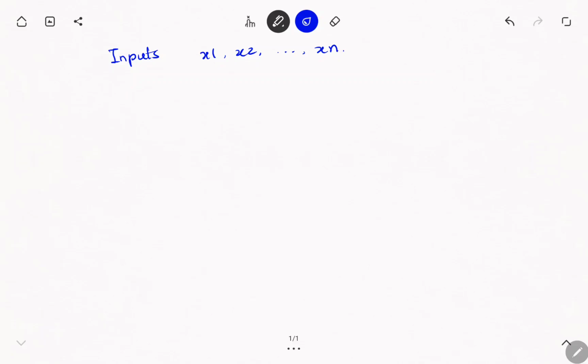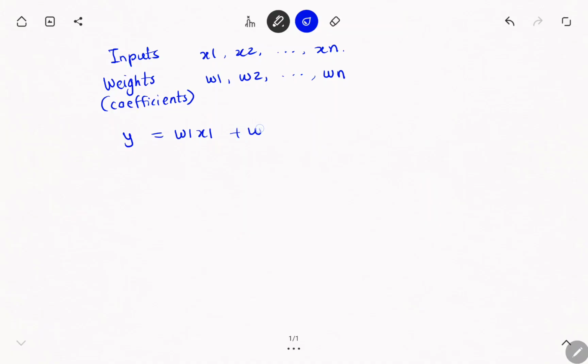Normally we call it a1 x1 plus a2 x2 plus so on up to an xn, but here we can interpret them as weights. Weights are nothing but coefficients. You can think of them as coefficients. So those are w1, w2 up to wn, the weights or the coefficients of the features x1, x2 up to xn. So effectively your model or the output y is nothing but w1 x1 plus w2